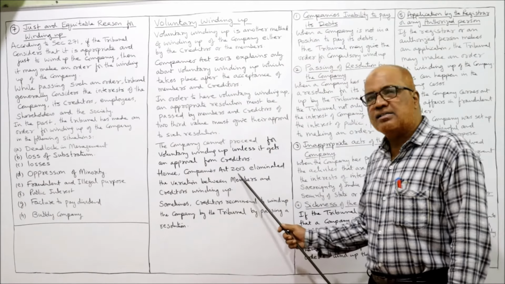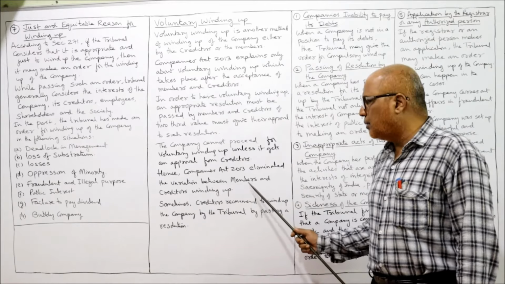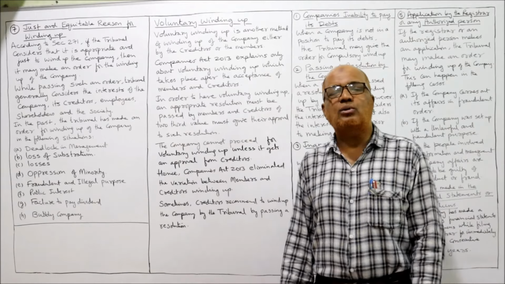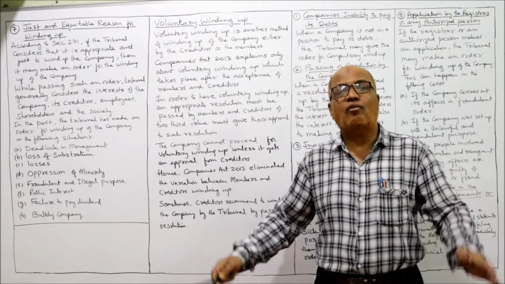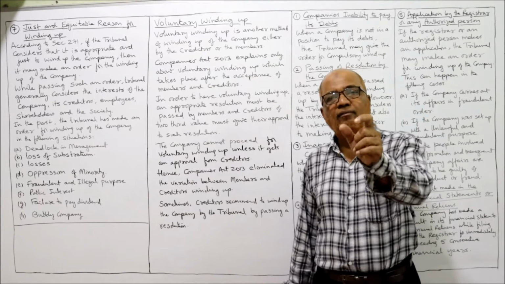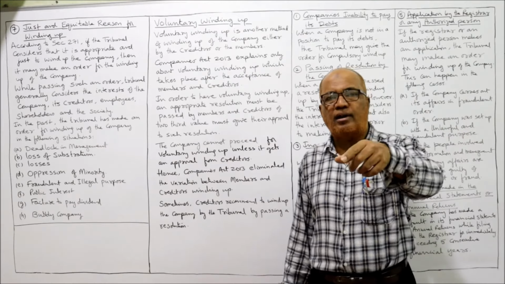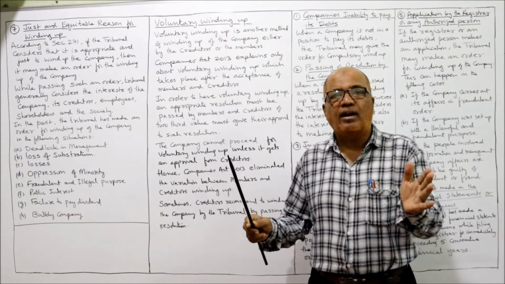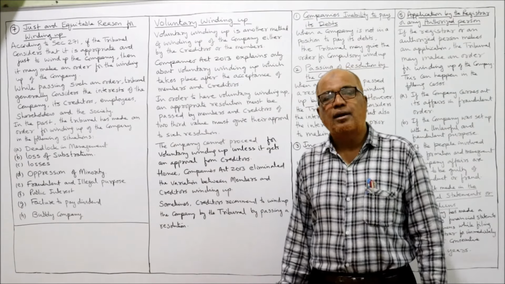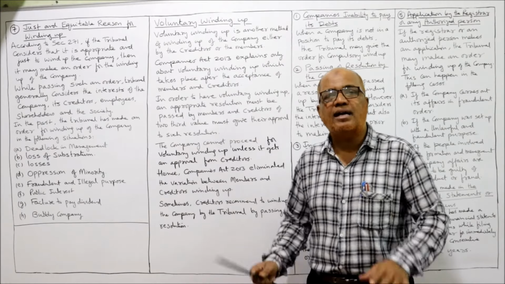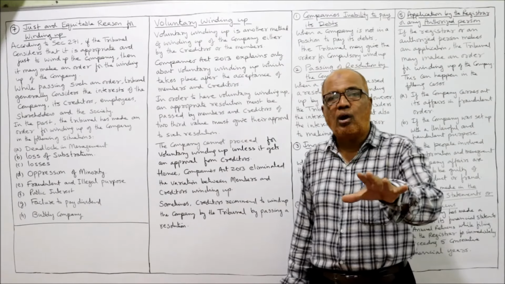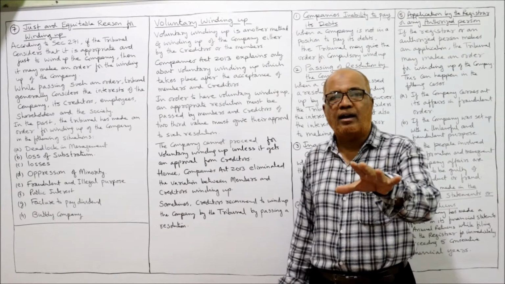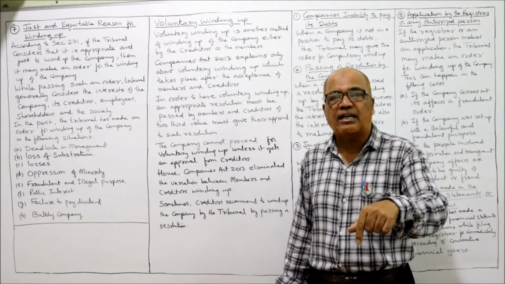So that's why the Companies Act 2013 eliminated the variation between members and creditors winding up. Earlier, before the Companies Act 2013, two types of voluntary winding up were there: voluntary winding up by creditors and voluntary winding up by members. These two were the different voluntary winding ups according to the earlier Companies Act. But now the Companies Act 2013 has eliminated the distinction. Now it says the company will be voluntarily wound up only by the members after getting the consent